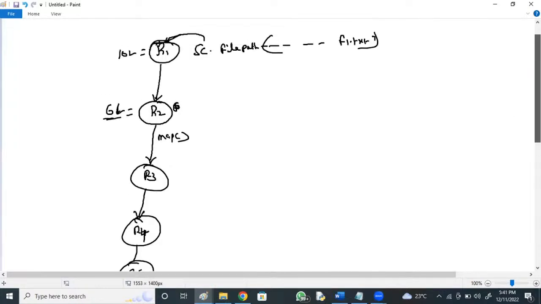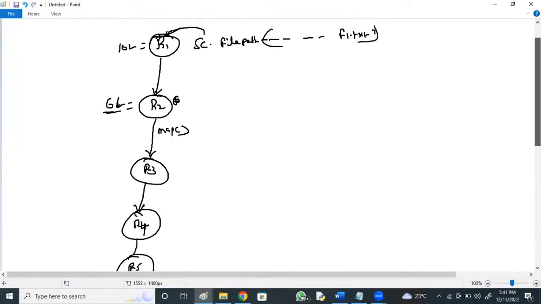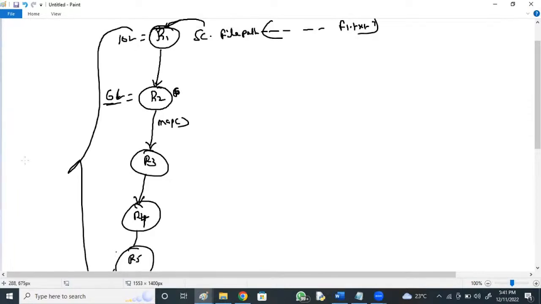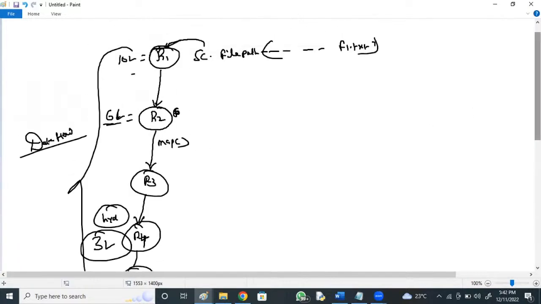Observe carefully. This entire flow we call a data flow, right? Data of 10 lakh records, then 6 lakh. Again, here I want only Hyderabad city records. Filtering happens again, and only 3 lakh records you get. So this data flow executes only if you perform some kind of action. Action means, for example, R5.collect or another action. Later I will discuss what those are.